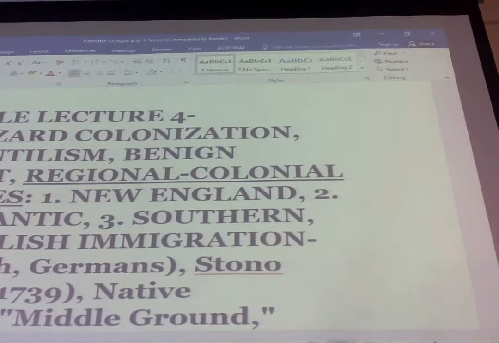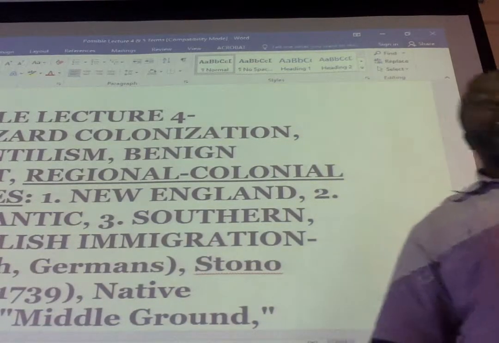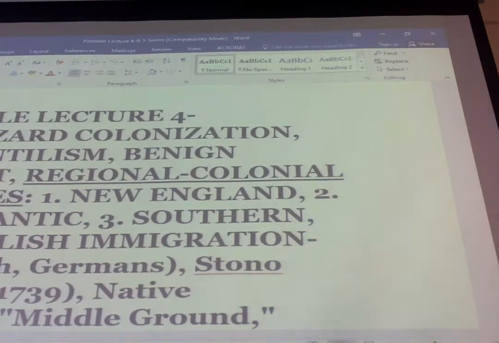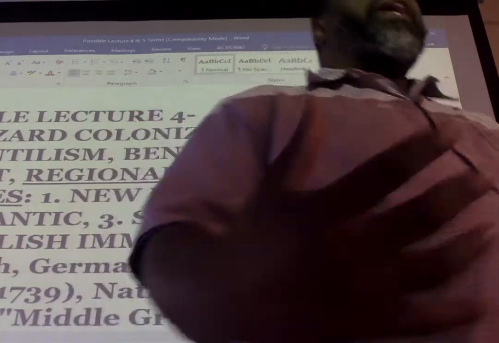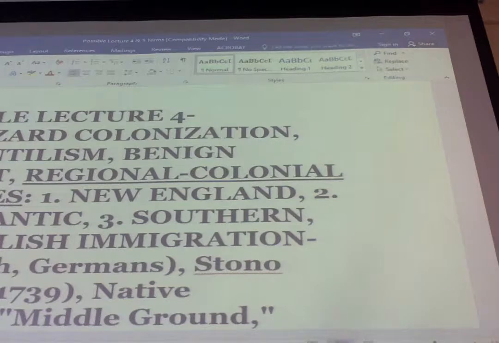So we'll use this list of terms. This first term, haphazard colonization. What that basically means is the process of colonization for the British was kind of random. Haphazard or random. Meaning that the English did not always have a perfect blueprint, right? They did not always have a fully laid out plan as to how this would go, right? They didn't always have it all figured out ahead of time. There's going to be a lot of figuring things out on the fly, right? Now that's going to make these colonies unique. That's going to make them quite different from each other on occasion.